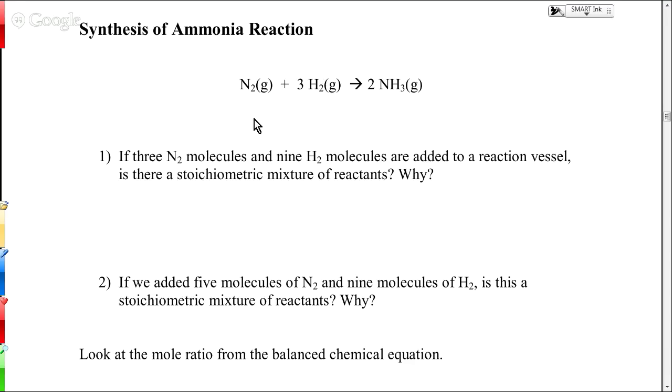Okay, so the balanced equation for this reaction tells us that 1 molecule of nitrogen reacts with 3 molecules of hydrogen, and it makes 2 molecules of ammonia. If we've got 3 nitrogen molecules and 9 hydrogen molecules, will there be anything left over? So here we've got 1 and 3. If instead we had 9 of these